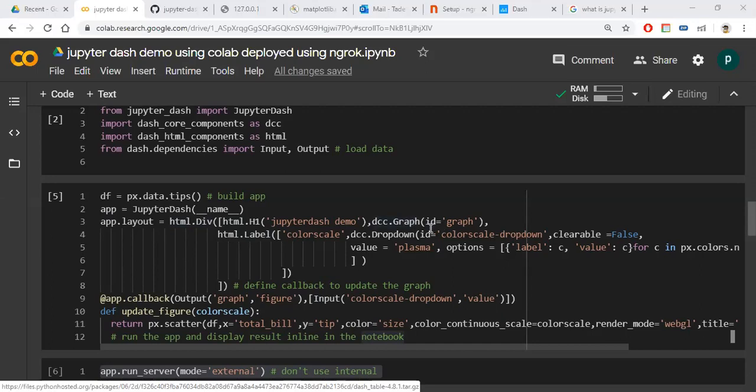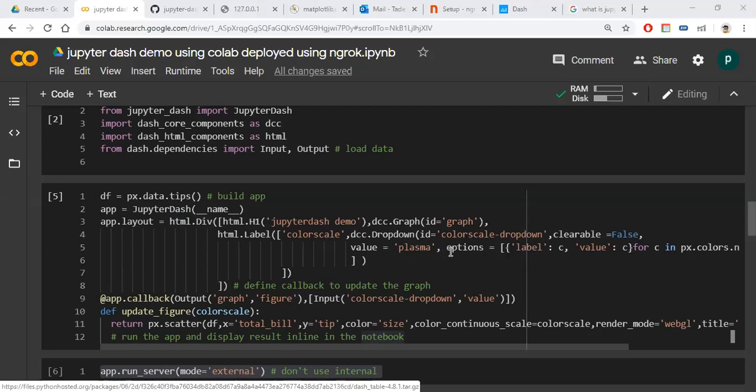I am importing this color scale, with dcc.Dropdown as the color scale dropdown, because a dropdown means multiple options will be present, so we can change the color of the graph. That's why I'm giving it like this, with a value. Now these are the different colors and options.